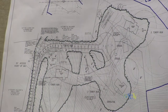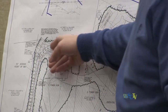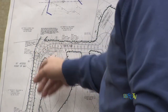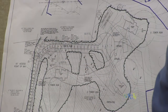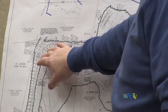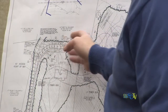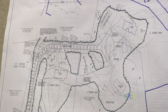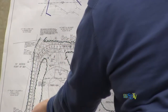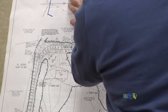We've also increased the radius here of this corner to make it easier for the fire trucks and to try to meet closer to the road regulations that the town asked for. The new town engineer asked for a 200-foot radius. We've provided a 90-foot radius because the 200-foot radius would cut like that to make a huge scar in the property. And this also separates more the driveway for the new homes and the existing house at 66 King Philip